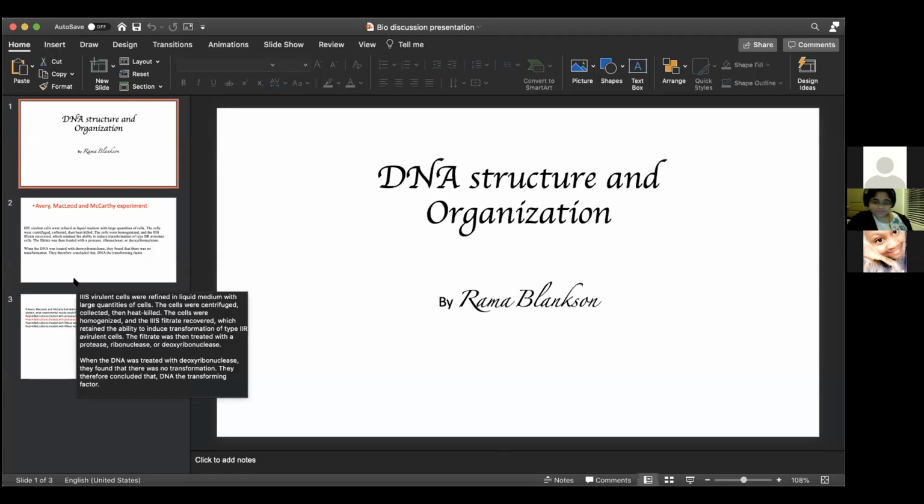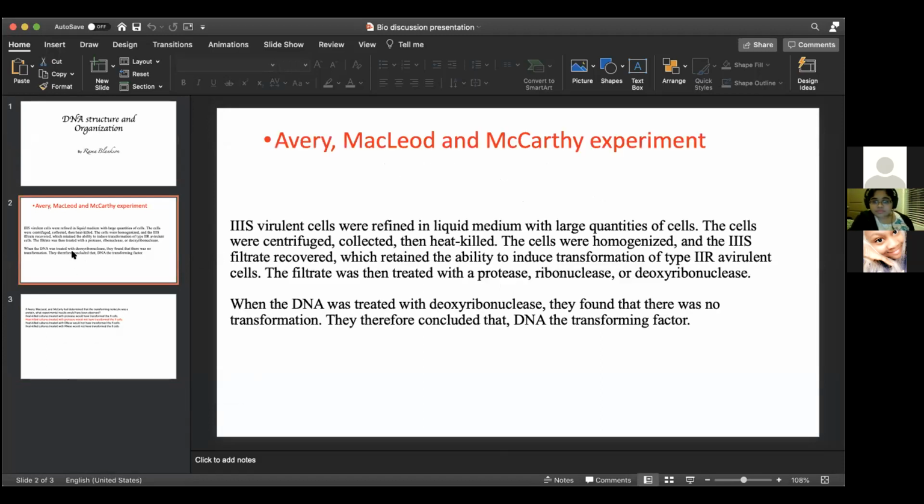So I got the question. Hi, my name is Rama. I'm going to talk about DNA structure and organization, basically the Avery, MacLeod, and McCarty experiment. What the experiment talks about is they took the virulent cells and grew them in a liquid medium with large quantities of cells, and then they collected it and killed it with heat. Then they took some of the filtrate and put pools of the avirulent cells into the filtrate, and then they divided it into 3. One named the protein,